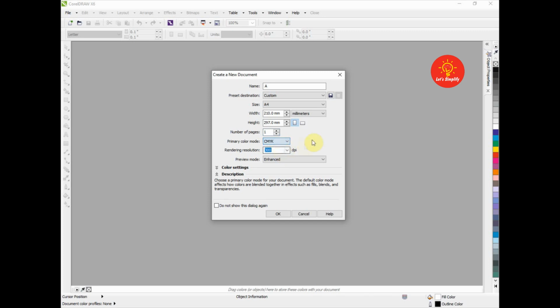The next option we can see is the primary color mode. We are going to select CMYK from here. As all the printing process are done in CMYK mode, CMYK are the primary process colors. So we are going to select CMYK for our document.